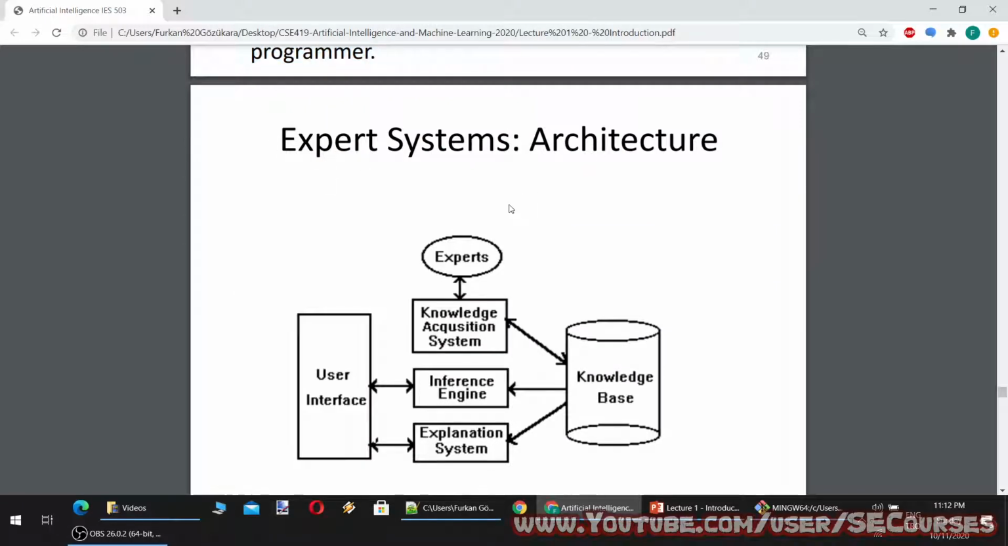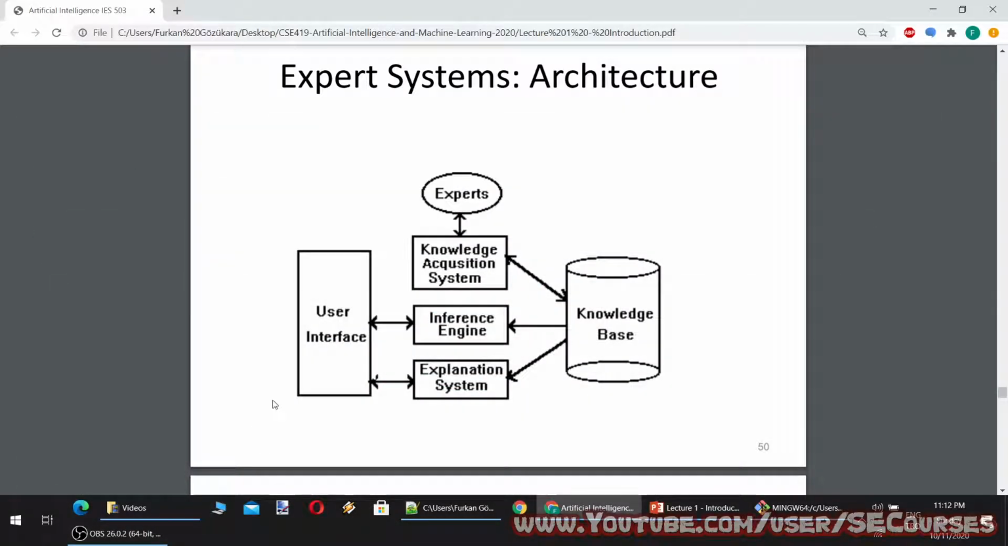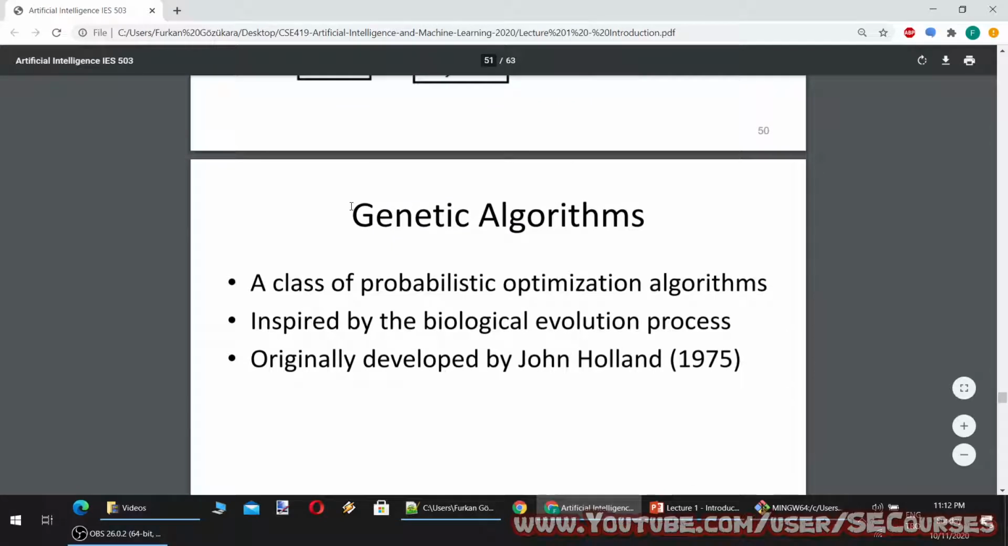Okay, expert system architectures. There are experts. Of course, to build an expert system, you have to have an expert in that field, because the expert will provide knowledge to the acquisition system. So you will get the knowledge from the expert and build a knowledge base, and then your algorithms, your inference engine and explanation system, will provide answers to that problem based on the knowledge obtained from experts with the artificial intelligence algorithms or